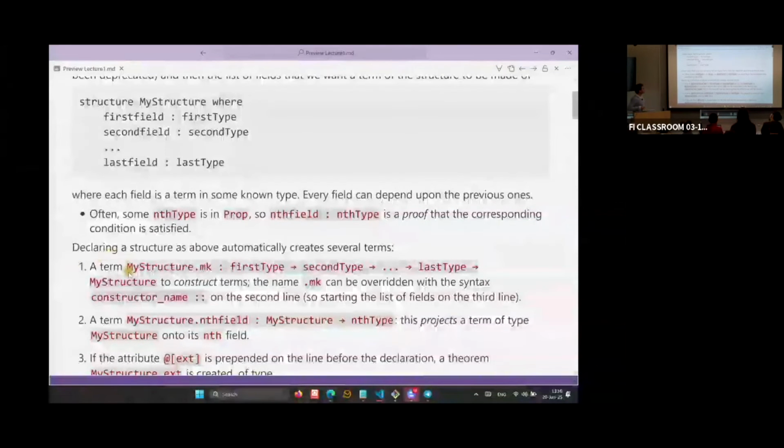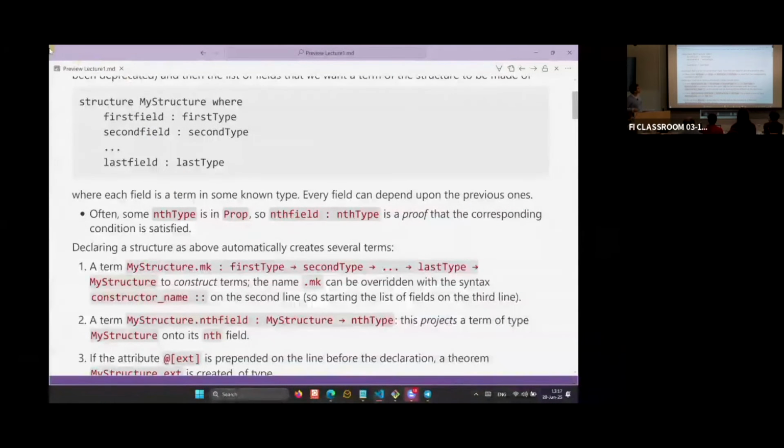Not only these, but you have something more. Given a structure, you can project a term of this form to any of these component types, because at the end of the day, as I was saying, this is a bundle, a structure, each term of which has that many fields.